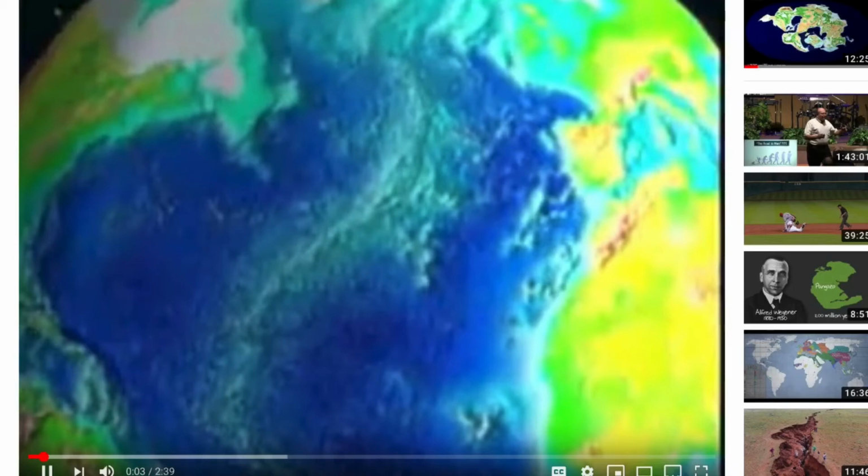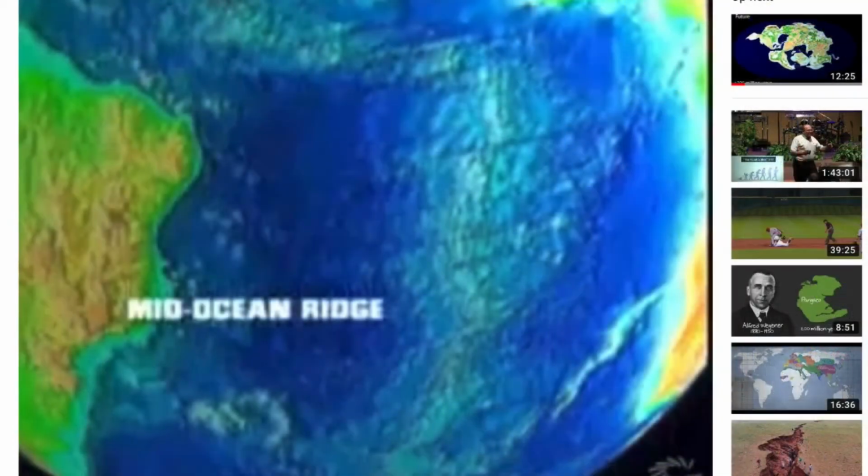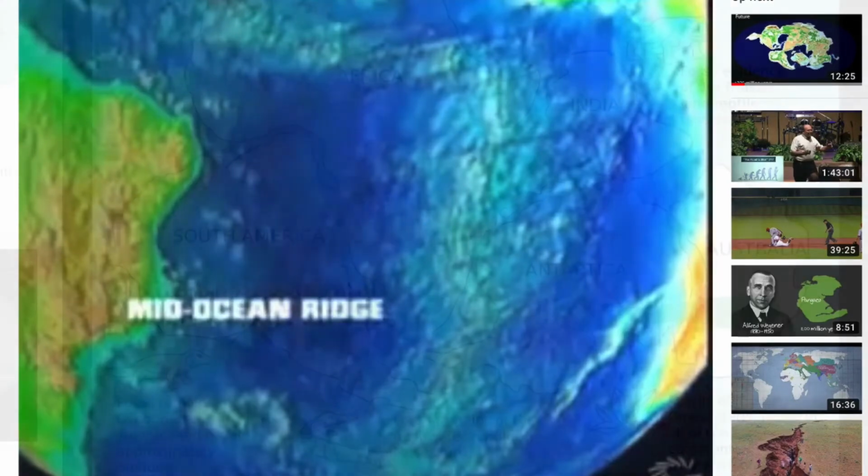There's tons of water that's been absorbed inside the Earth today. And you see how the ridge is in the middle and how it has pushed the continents apart. You can see that in the picture here. Which way makes more sense? That it took millions of years, or the way I'm telling you? Think about it. You be the judge.